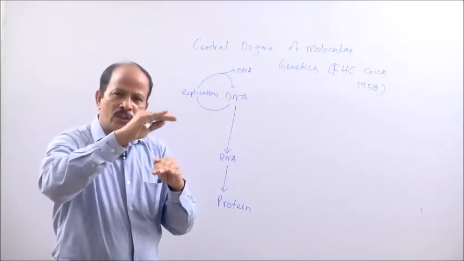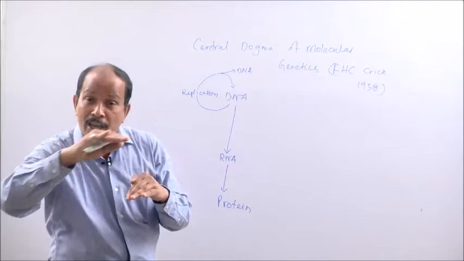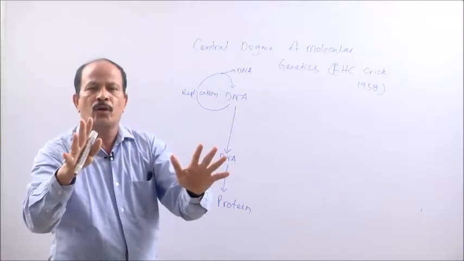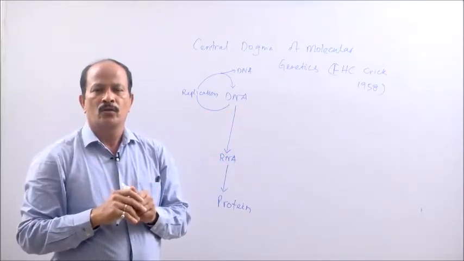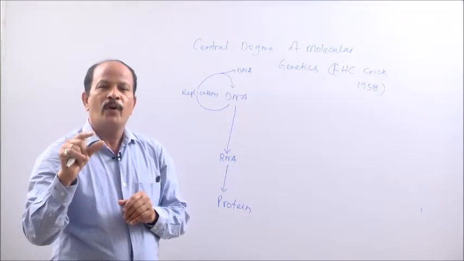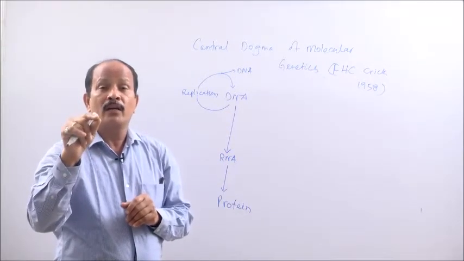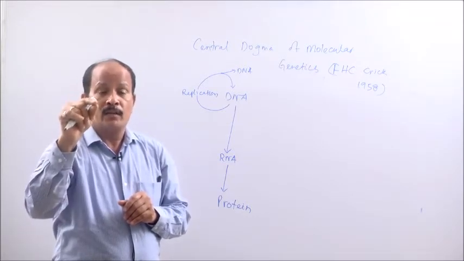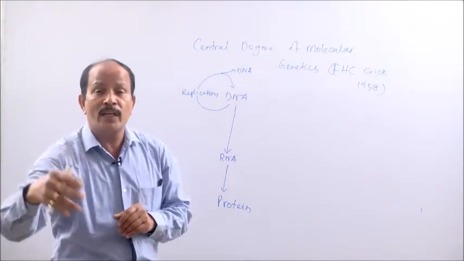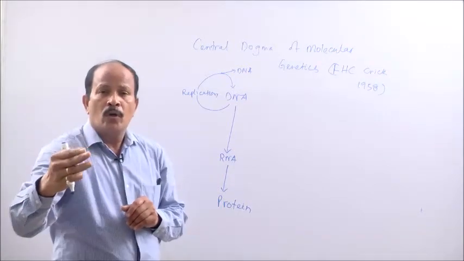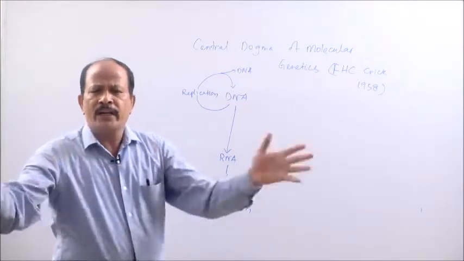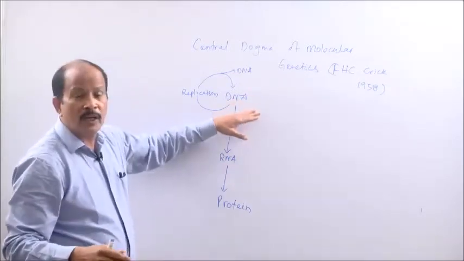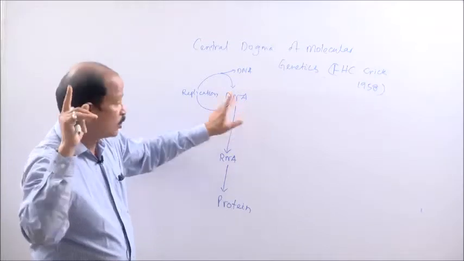As long as the cell is alive, the DNA remains. If DNA is lost, the cell is lost. So that's why we say we have a lifelong supply of DNA. But RNAs and proteins are produced, and they die or are degraded. So multiple copies of proteins are formed from DNA, but DNA is present in single copy, you must remember.